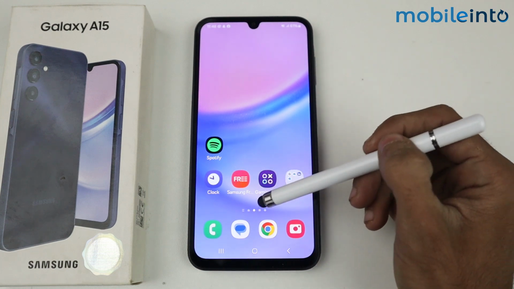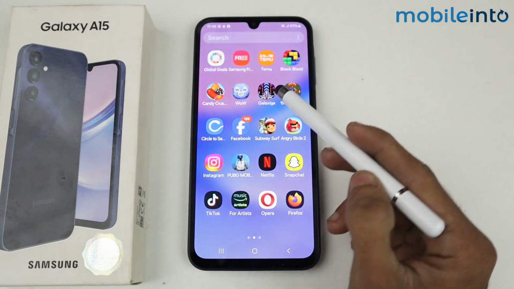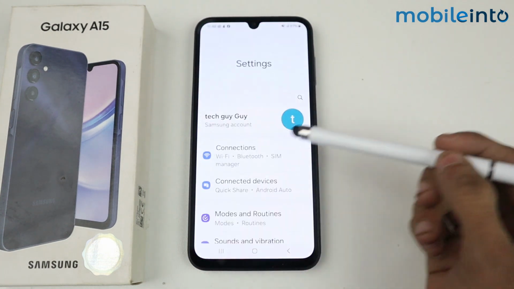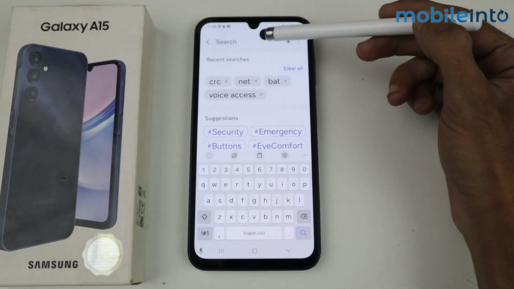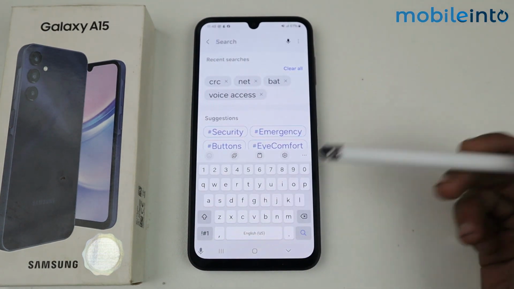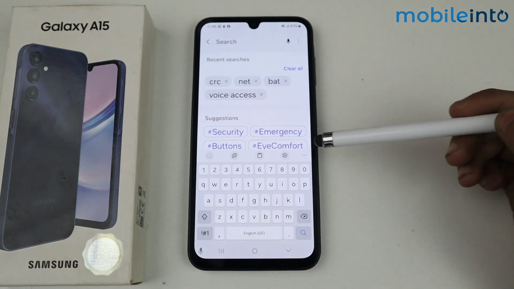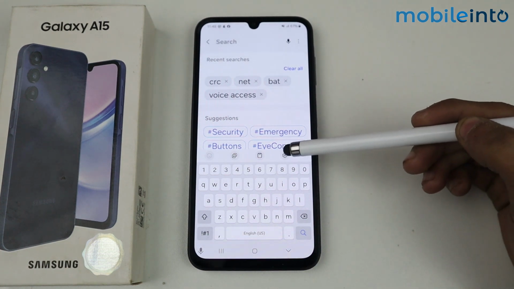5G. So, firstly, guys, you have to go to settings and then go to search bar. Now, when you tap on the search bar, so here we have a keyboard. So, as you guys see, we have an option of a settings here. So, just tap on the settings